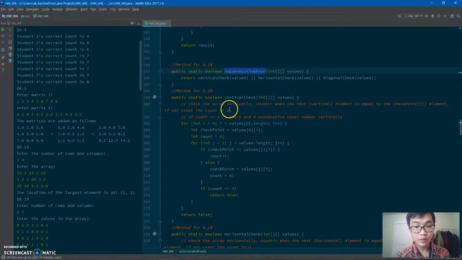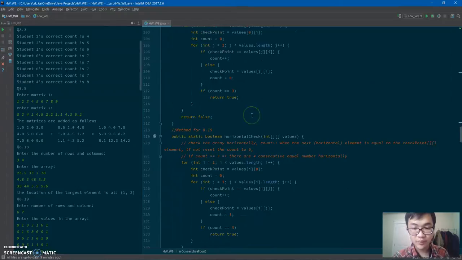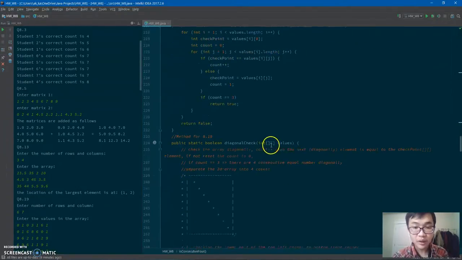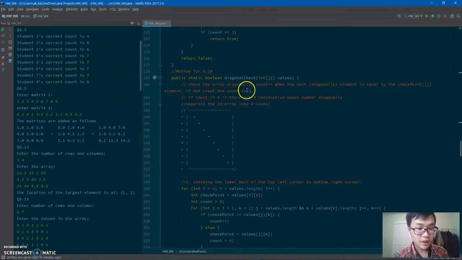So if it's 0, 1, 2, 3, so if the count is equal to 3, which is there are 4 consecutive equal numbers vertically, I should switch it to 1 and 4, easier for illustration. For the horizontal check, it's the same thing. For the diagonal checks,